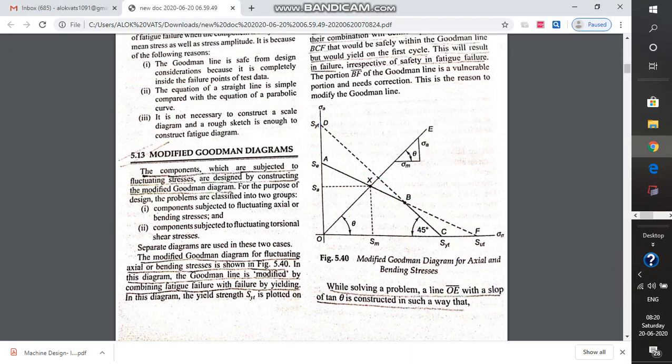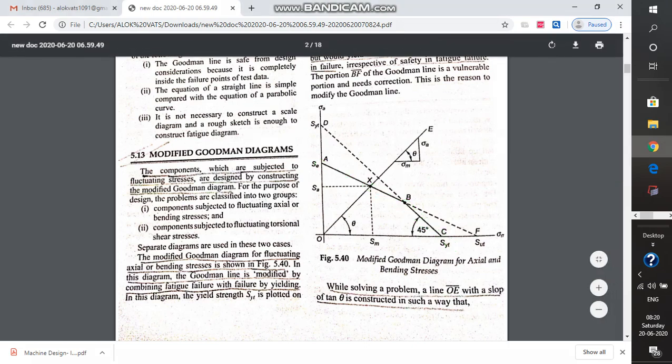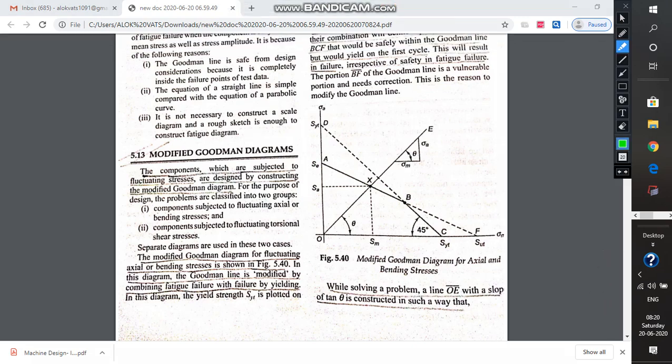We are going to take this line of the Langer line, the first limit on the stress cycle, and the line AB defined by the Goodman line. When we are in such a situation, we try to converge the line, this BF portion, which is nothing but a part of the line AB only. This BF portion is made to move towards the point C, and it converges with the line BC. It converges with the Langer line. We can also understand it like this.